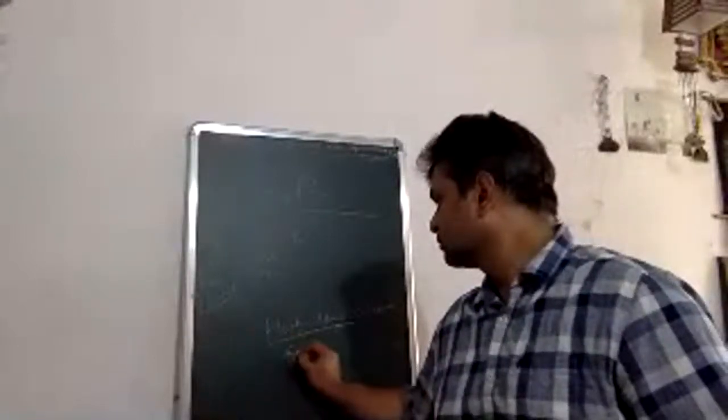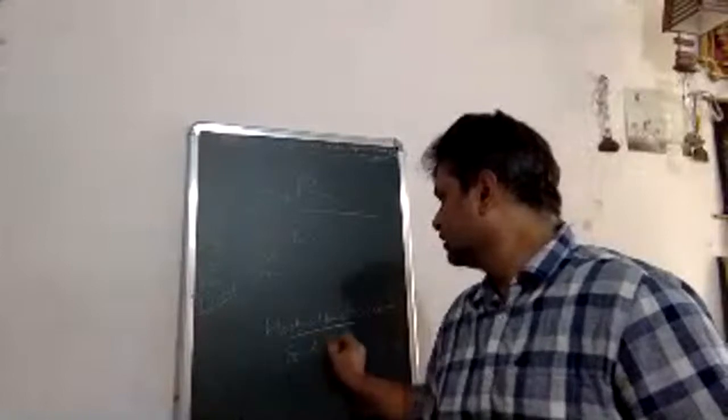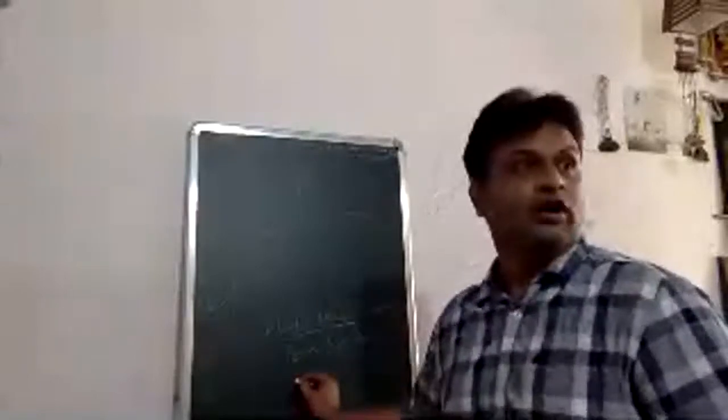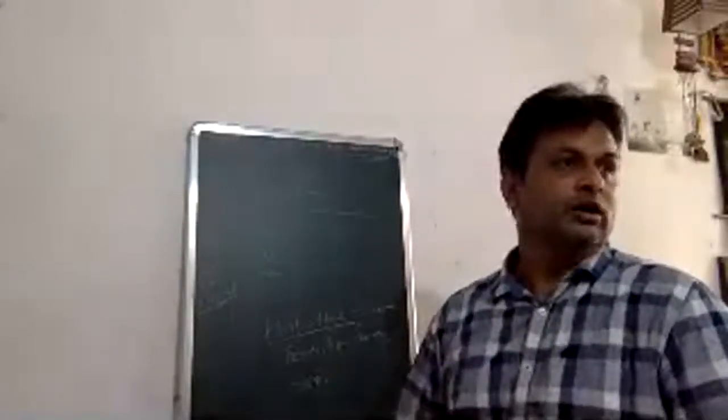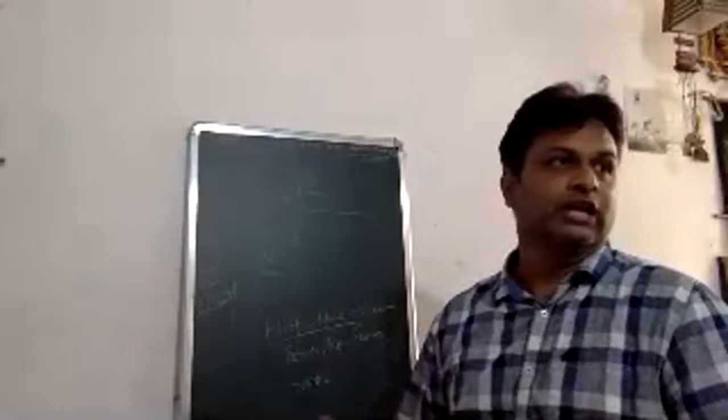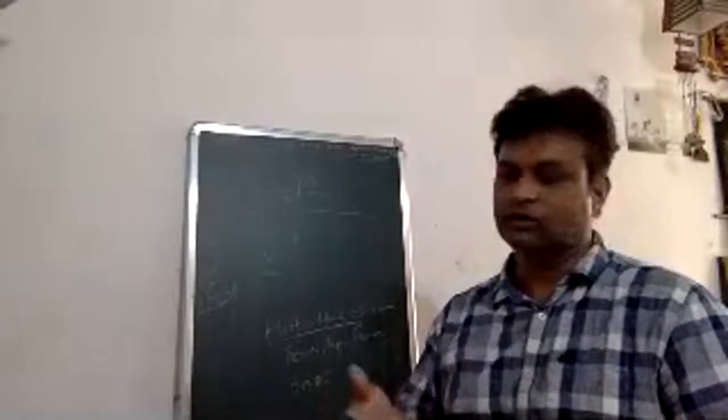One is the fruit. It can be a vegetable. It can be a flower. And it can be an ornamental plant. Like, suppose in Hyderabad in India, what the people do,